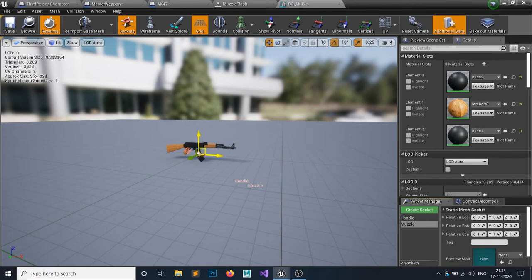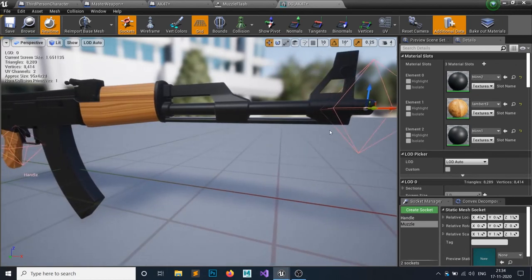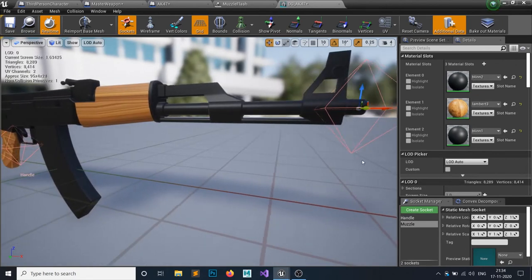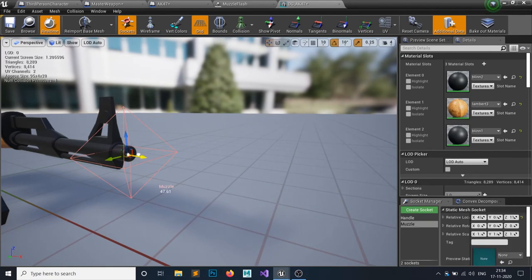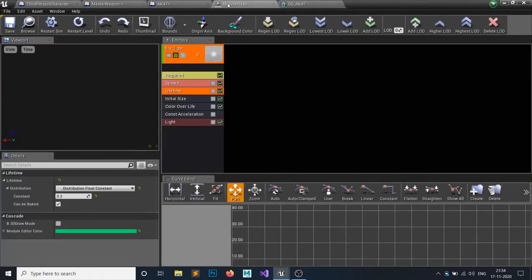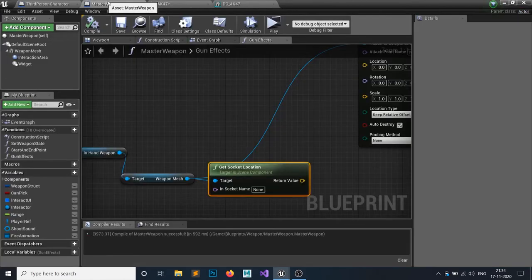A muzzle would go here in the muzzle. Okay, so from this, the muzzle flash should appear. So the socket name should be muzzle.